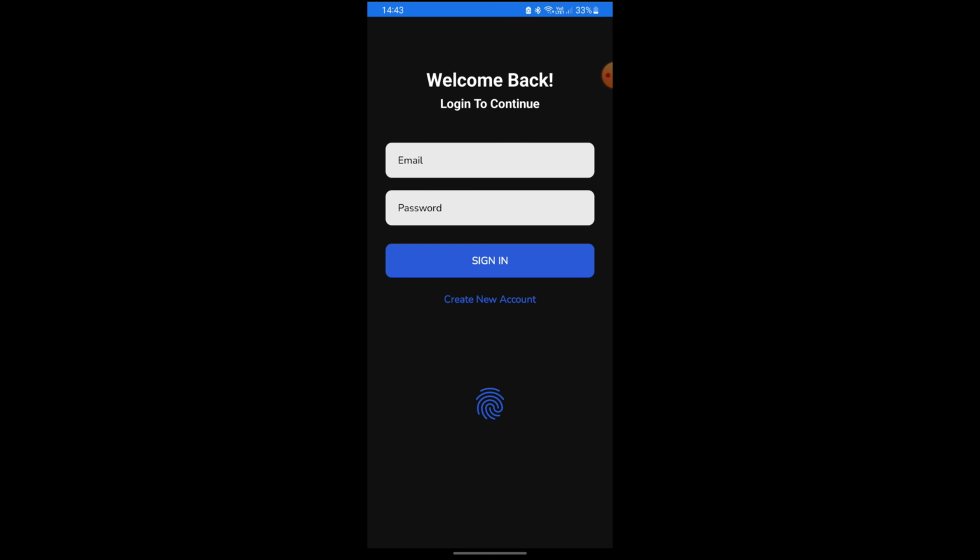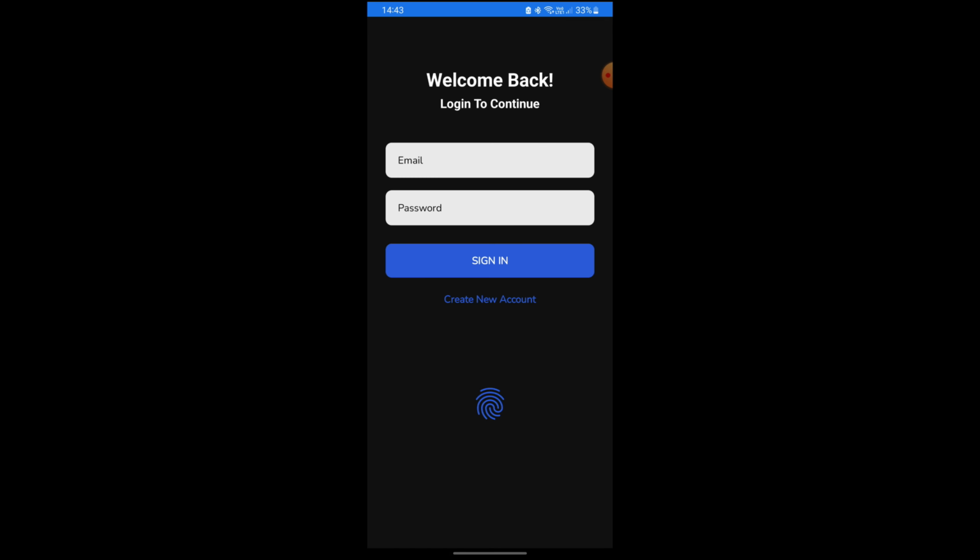But first, I do want to tell you that I'm going to be reading off the rubric and showing you that every criteria has been met. So the first one is the app runs on a mobile device, which it does, this is my phone. And the second one is biometric authentication. Now, over here, we have our normal sign in email password button as well. And here with our fingerprint icon, you can tap on it and you can use your fingerprint to actually sign in if it has been authenticated in the